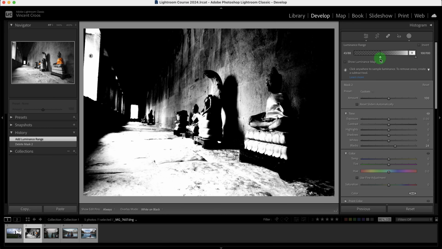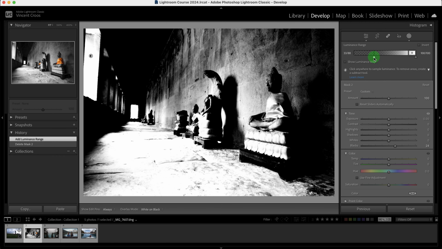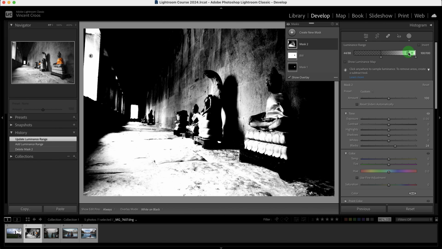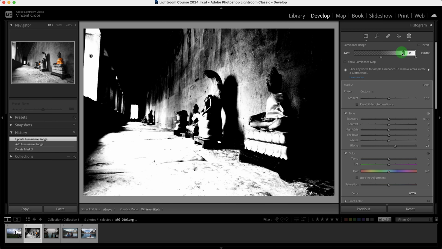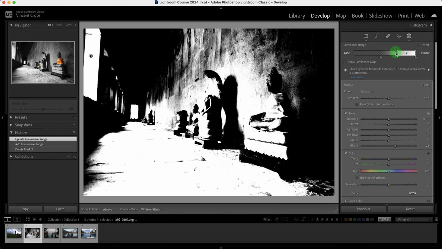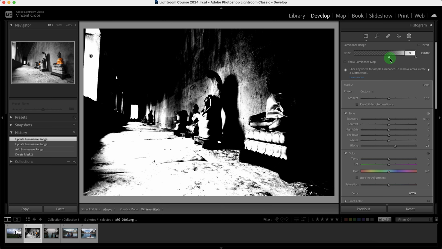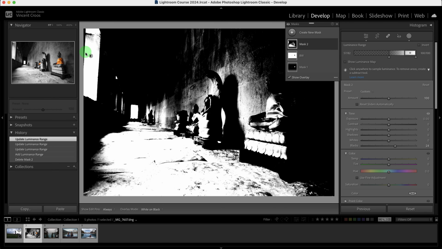And then I can refine this luminance range. I can change the transition or the softness or a little bit of the feather of the luminance. And then I can select this area right here, the absolute value that it should for sure select. But anyways, I'm going to select it about here, change the transition area about here. So now you can see it selected this area right now, and I want to click on this mask too,